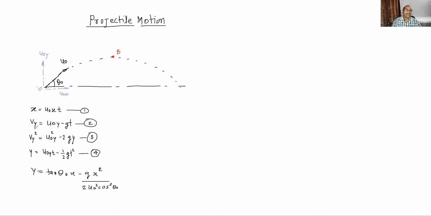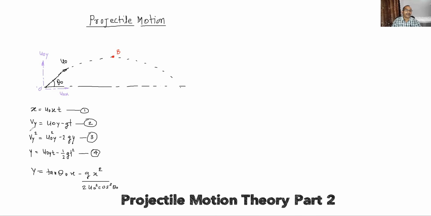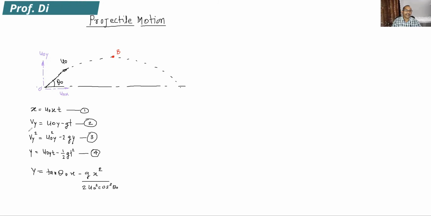As per our second equation, Vy equals u0y minus gt. Here u0y is the initial vertical velocity of projection. The second term is negative, which means the vertical component of velocity reduces as time increases. You will get some time instant at which the velocity of this particle becomes 0. Therefore, while finding the maximum height reached by the projectile, we will use the condition that at that time the particle's vertical component of velocity becomes 0.